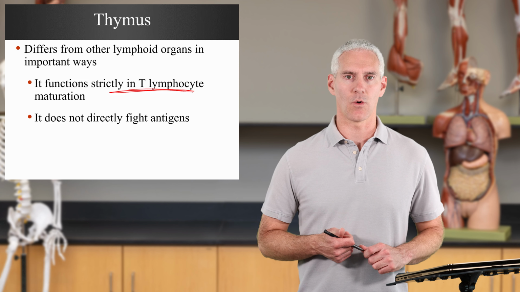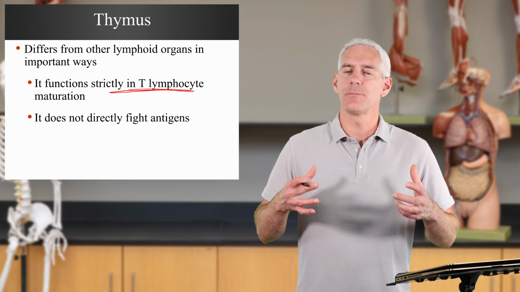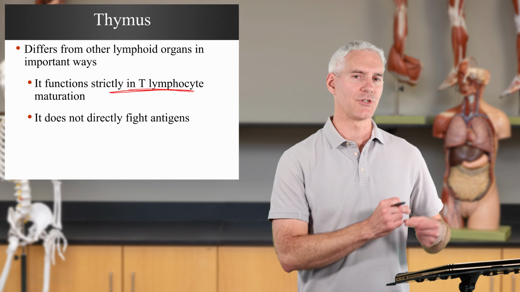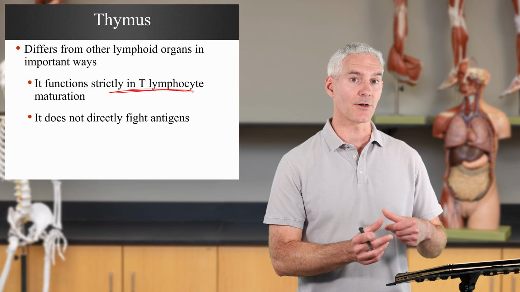It atrophies as you get older because your immune system as a whole is getting more and more efficient. You're developing these memory cells that can recognize foreign pathogens that you've already seen in the past. So therefore, if you have a reaction again, hey, I know what that is. Let's get rid of it faster. So as you get older, you don't need the same functionality of the thymus because your body's building up this library, building up this whole immune system as you're going through childhood into adulthood. So you're not directly fighting with the thymus. It's getting these ready and then sending them out.